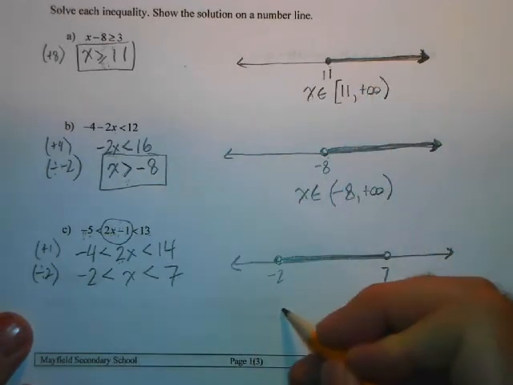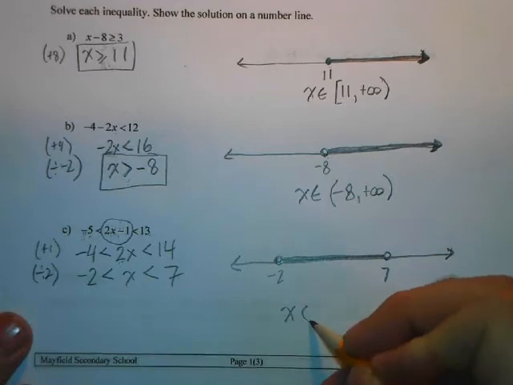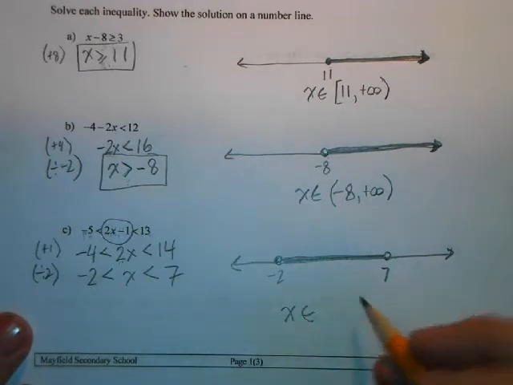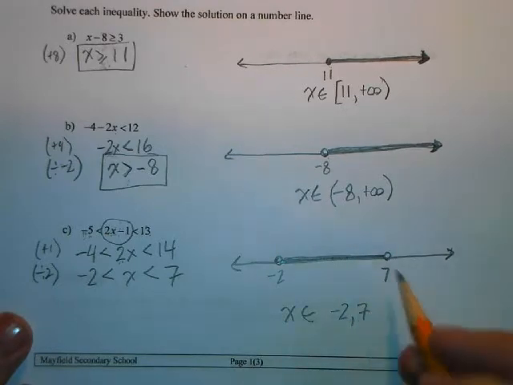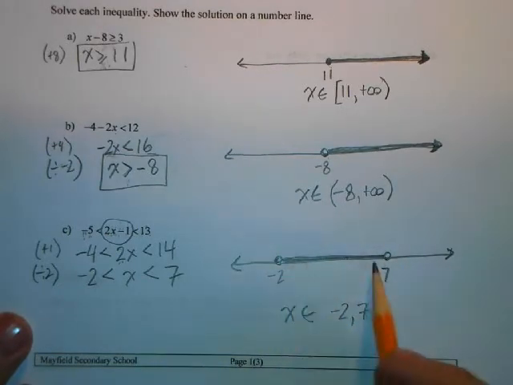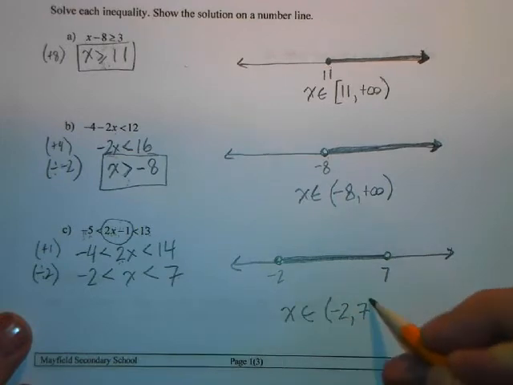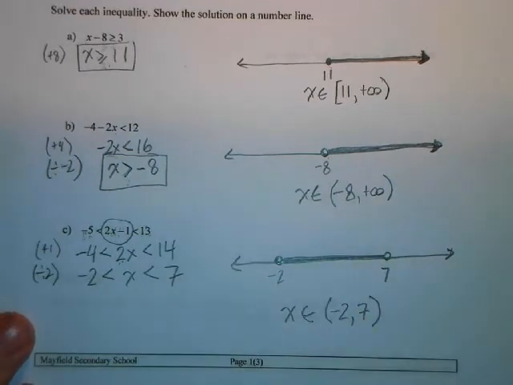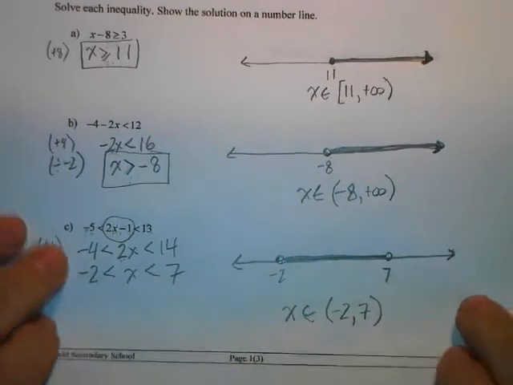So if I'm going to put my interval notation for this solution, I'm going to start at negative 2 and end at 7, and in both cases it doesn't include the numbers, so that means round brackets. And there's my interval notation. Okay,